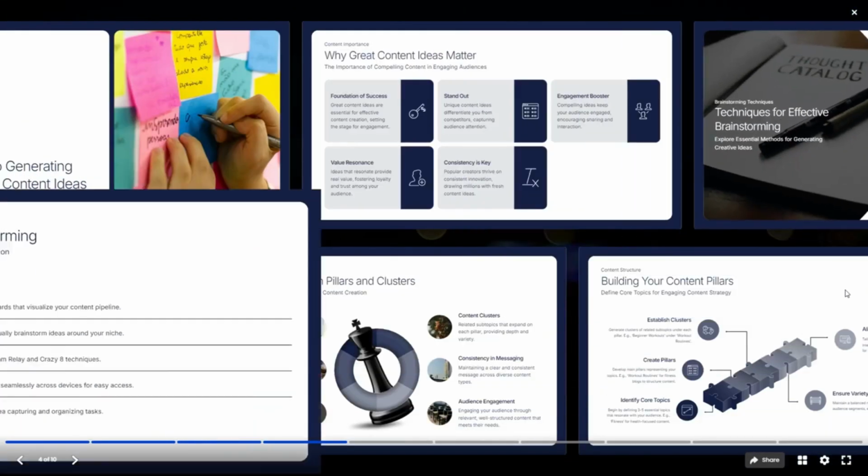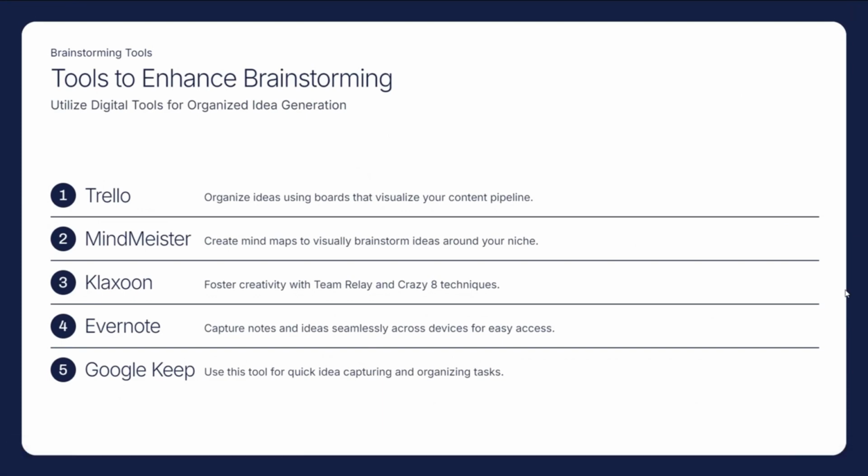Also, there are certain tools which can help you generate ideas. These are websites and apps which will help you learn and become a better content creator. Trello, which organizes your ideas using boards that visualize your content pipeline. MindMeister, wherein you can create mind maps to visually brainstorm ideas around your niche. Flexzoom fosters creativity with Array and Crazy 8 techniques. Evernote is a great app wherein you can store all your good content ideas for future reference. It will capture your notes and ideas, and Google Keep is also a tool for quick idea capturing and organizing